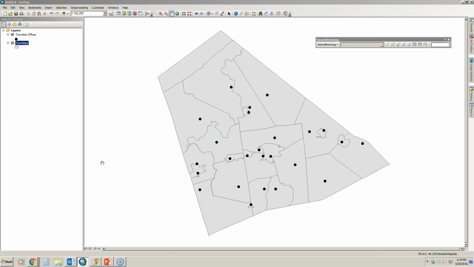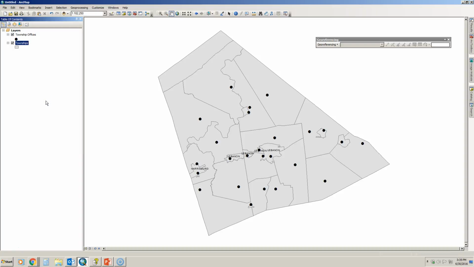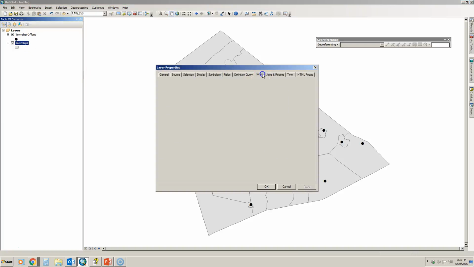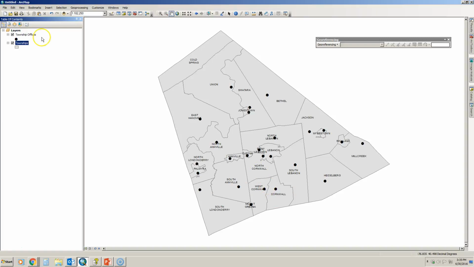So I want to talk about some labeling techniques, how to convert labels to annotation, how to mess with the label properties. As you remember, to label your data, you would right-click on it and go to Label Features. However, it doesn't always label by the field that you want it to, so to change it to the field that you want, you go to your Labels tab and select the field that you want it to label upon. And here's where we have various options for changing the font size, color, and so forth. And I'm just going to, first of all, just hit OK to label my